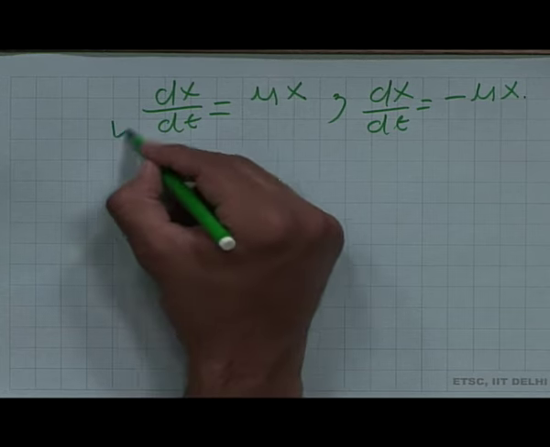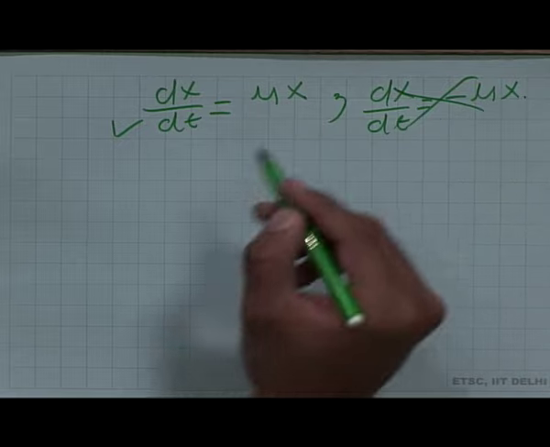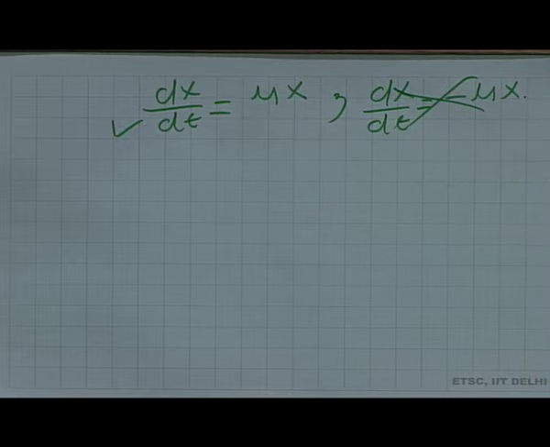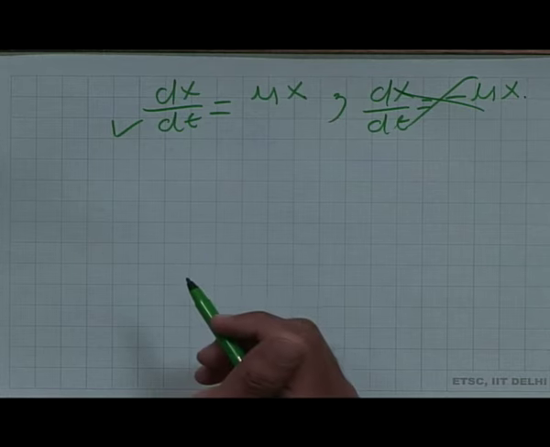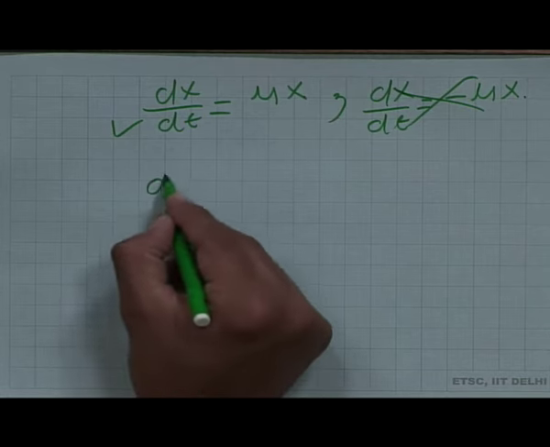This is right, this is not correct. Why? Because the sign should be positive, because the larger the biomass, the larger is the growth rate. Okay. So, when dx by dt is this, if you integrate this,